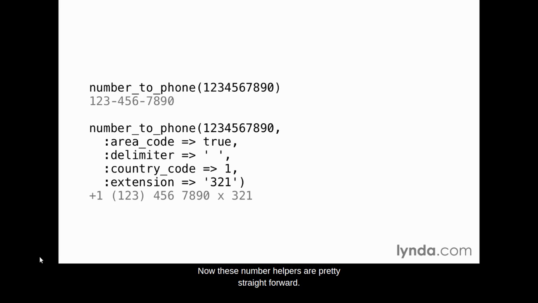Now these number helpers are pretty straightforward, but if you wrote the code to do this yourself, it can be a big headache. But Rails makes these easy for us. We just have to call these helper methods from our views. Rails